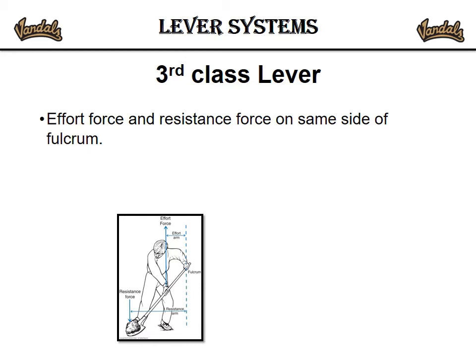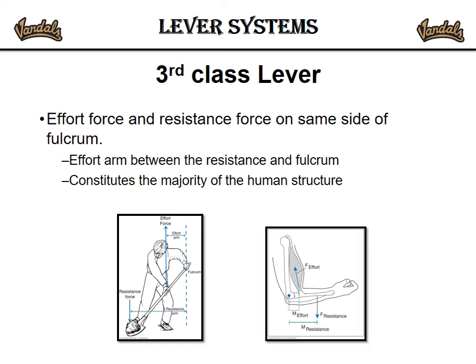And the final one is the third class, and this is where effort force and resistive force are on the same side of the fulcrum. Again, however, the effort arm is between the resistance and the fulcrum. So they're swapping from the second class lever. And this is where the majority of the human structure is created. So think of the bicep, where the elbow is the axis of rotation. The resistance due to gravity is out where the center of mass of the forearm is, and if you have weight in the hand,